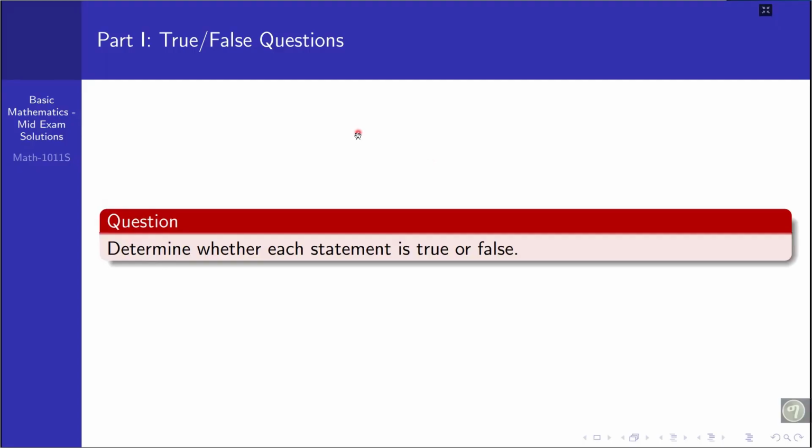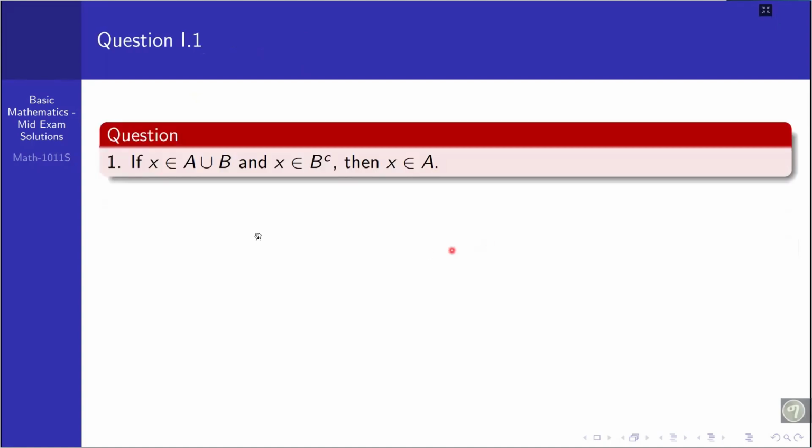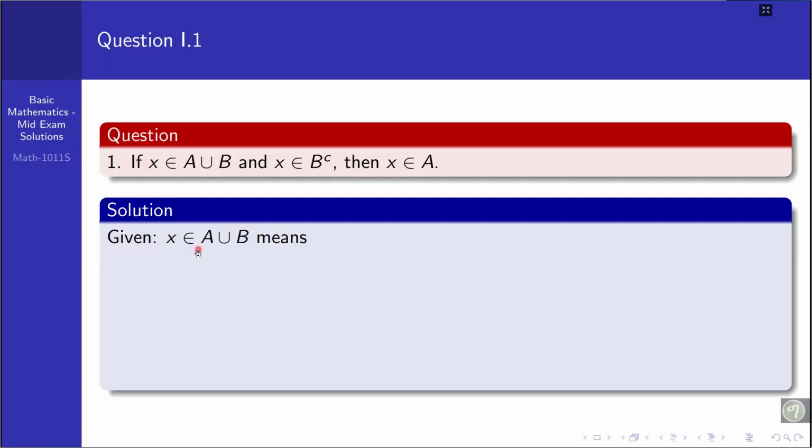The first question, or rather the first part, is the True/False part. So it says determine whether each statement below is true or false. When we start from the first question, question number 1 says, if X is an element of A union B and X is an element of B complement, then X is an element of A. To do this, we know that given X is an element of A union B means